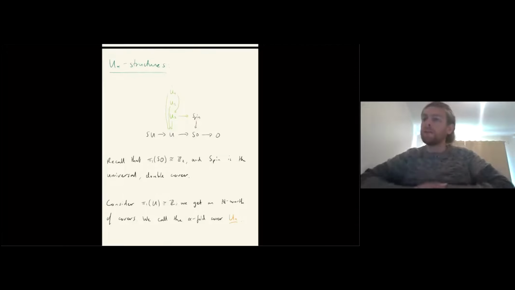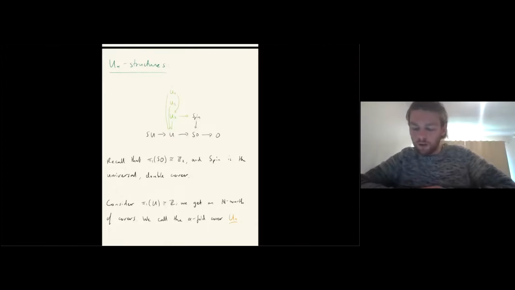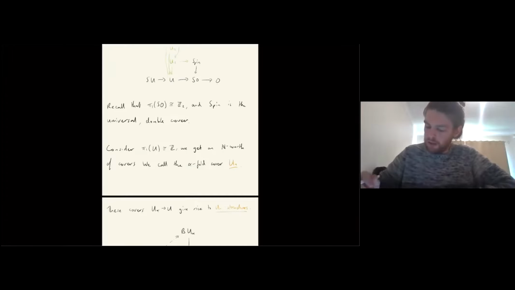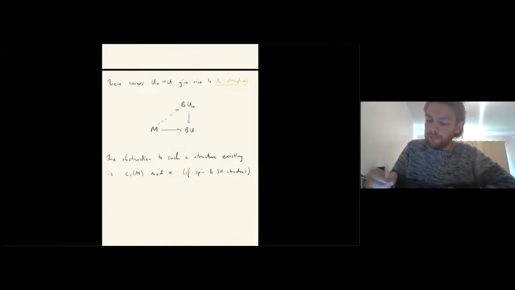And so we use that to lift to get our spin structures. But we can play the same game with this stable unitary group. The fundamental group of U turns out to be Z, the integers, and so the covers correspond to subgroups of Z. So we get n's worth of covers, which we call the alpha-fold cover, U alpha. And given this G structure, a U alpha structure is precisely a lift from